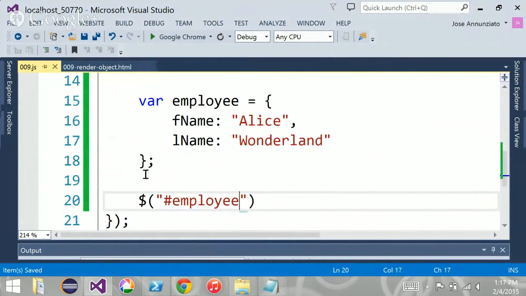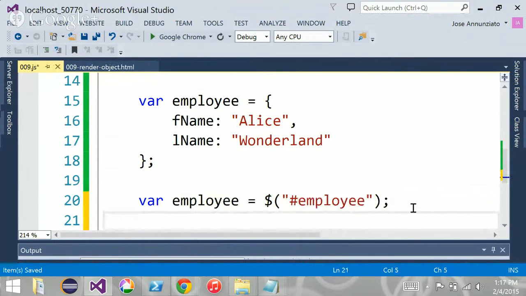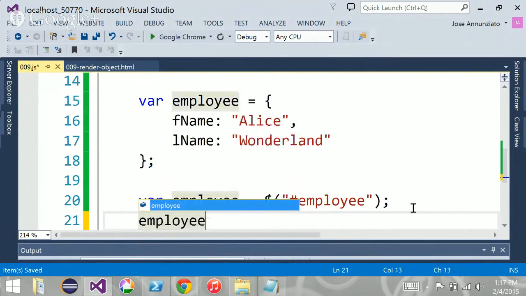There it is, right? So var employee. And now that we have the employee, we want to find the first name of that employee, and we want to change its HTML to be the object, right? So we're gonna say employee find